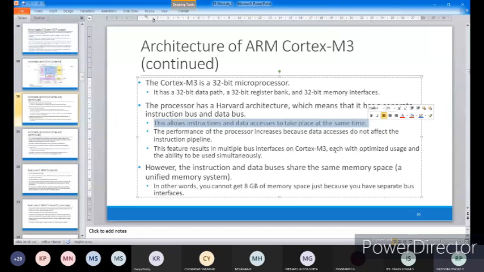If it is a von Neumann architecture where you have a common bus for instruction and data, instruction also there, data also there, the response time will be high. Response time usually should be very minimum. When I ask a question, immediately you need to answer me. Then only it will be an interactive class. If I ask a question and you don't answer, then what happens? It will take a lot of time. So efficiency I cannot find out, right?